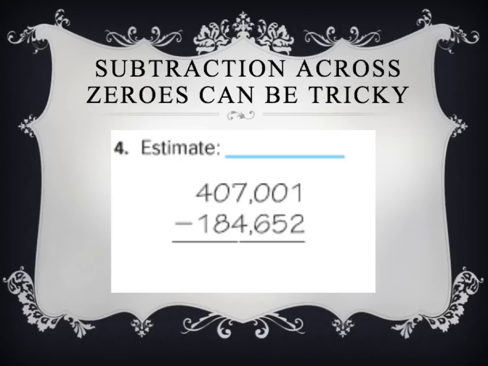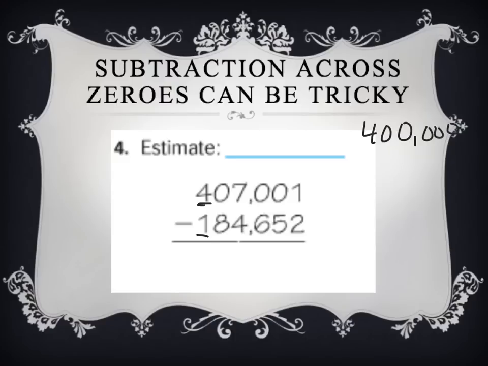Okay, now subtraction across zeros can be very tricky. So everybody put those listening ears on and look and listen carefully. So let's start by estimating again. So we're going to round each number. I'm going to round to the nearest 100 here. So that's going to be 400,000